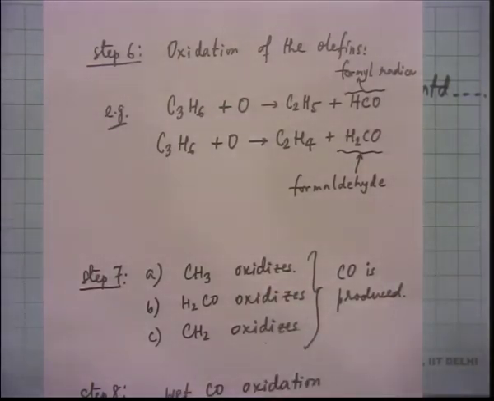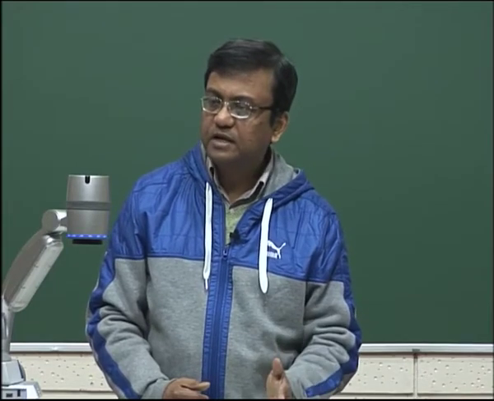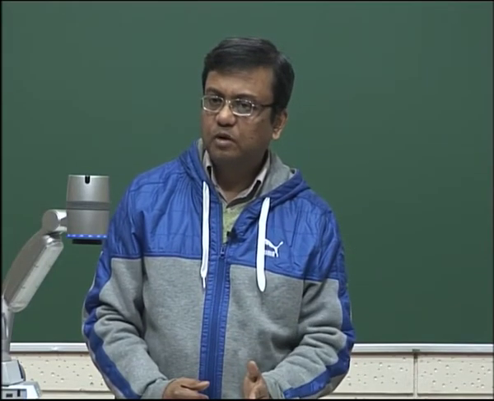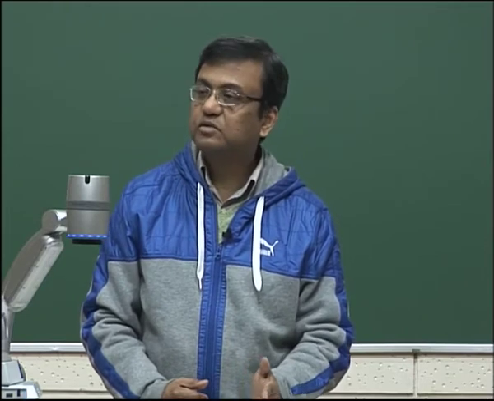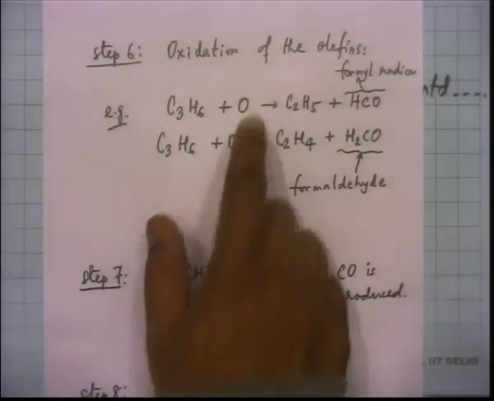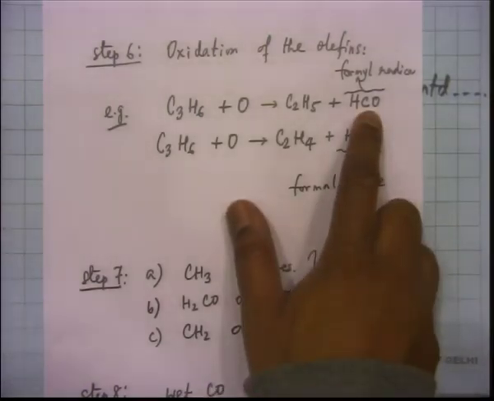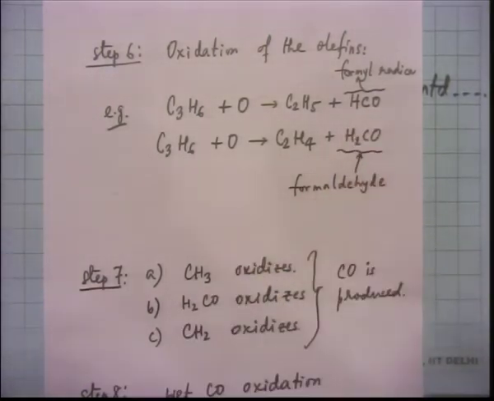So where did C3H6 come from? Oh, it came from the previous steps. C3H6, for example, was formed in step 5 from C3H7. There was a C3H7 which got formed from C3H8, and from C3H7 the hydrogen atom got abstracted. So we got C3H6, and this C3H6 is now attacked by O atom to give you C2H5 or maybe C2H4, along with maybe formyl radical in the first case and formaldehyde in the second case.